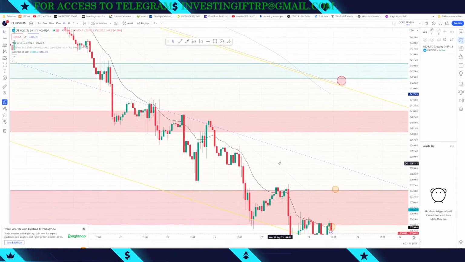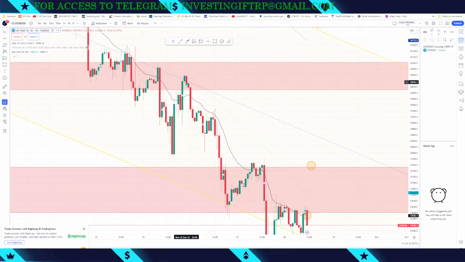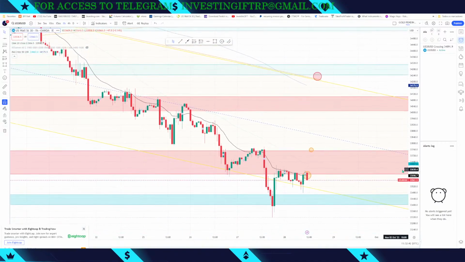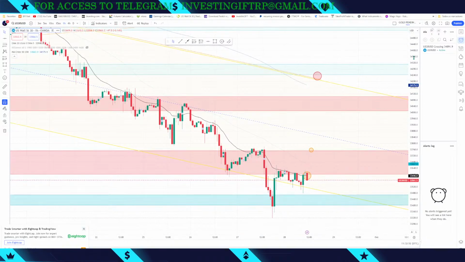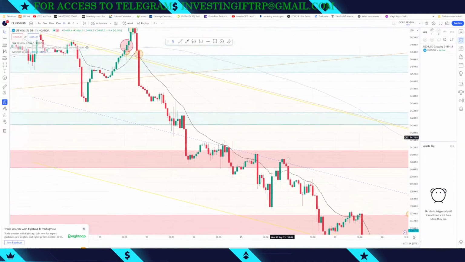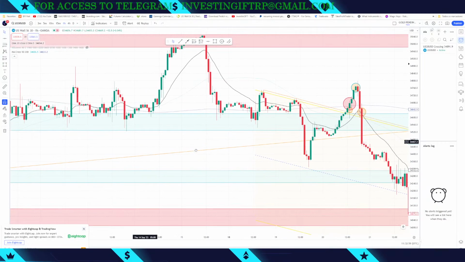There are going to be some instances where it won't come back and create the wick, like this red candle here. There was no wick to the upside, there was no wick to the downside. It kept going, created no wick, kept going, and I just stepped in. Eventually we will get a pullback somewhere. Which didn't happen this time, but most of the time it does come back and attempt to create a pullback to create that wick. Let's see if I can find a better example, because this week has just been a complete downfall.